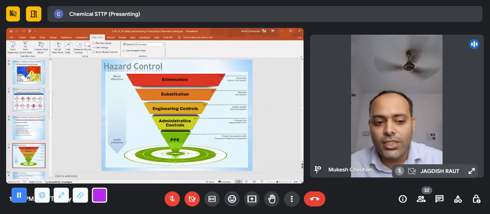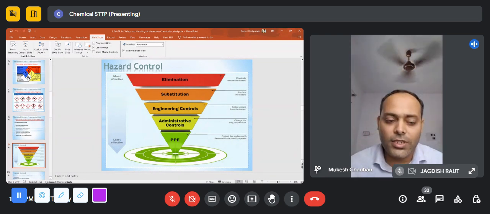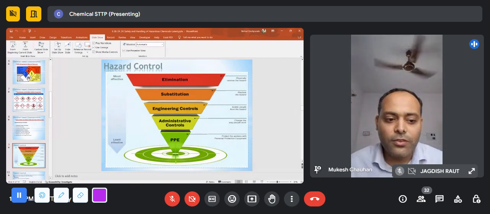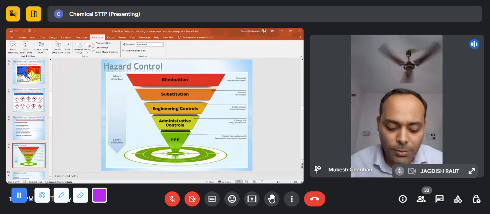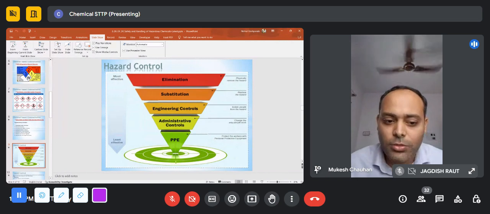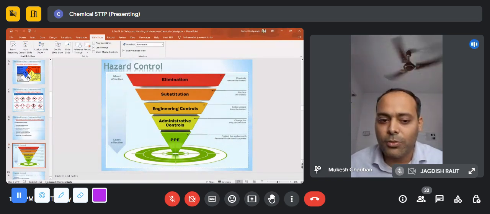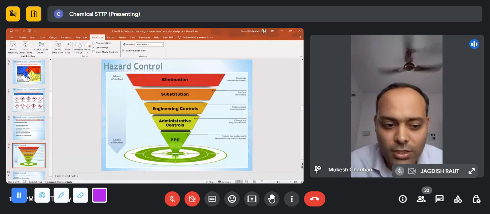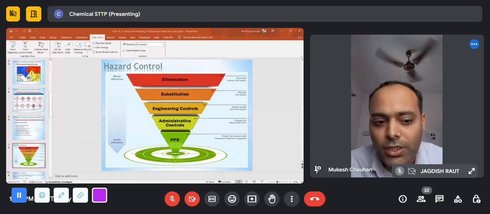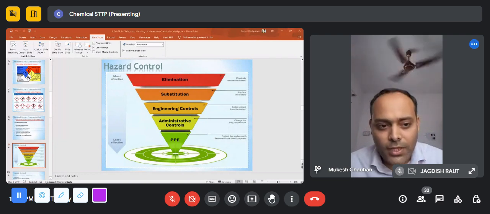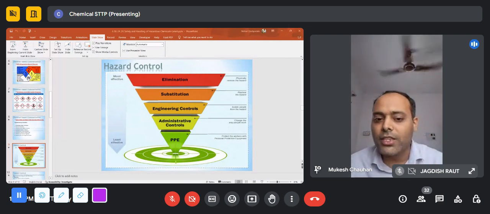इंजीनियरिंग कंट्रोल्स में क्या होता है कि आप अगर वर्क प्लेस पे काम कर रहे हो तो वेंटिलेशन सिस्टम्स हैं, इमरजेंसी सेफ्टी रिलीज डिवाइसेस हैं, प्रोसेस में मॉडिफिकेशन किया है, या कोई केमिकल को हैंडल करना है उसके लिए कोई ऑटोमेशन दिया है जिससे आप रिमोटली उसको हैंडल कर सकते हैं। तो ये सब इंजीनियरिंग कंट्रोल्स हैं। ये कंट्रोल सबसे पहले आते हैं। अगर ये है, फिर उसके बाद में आते हैं